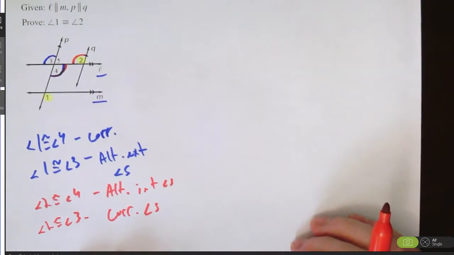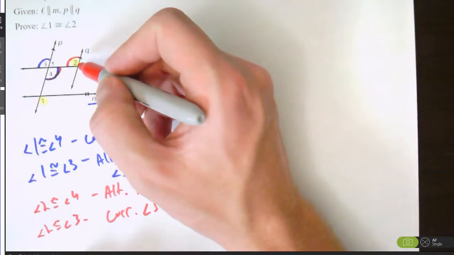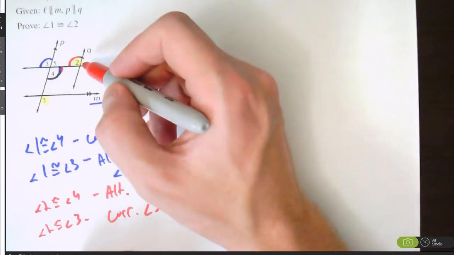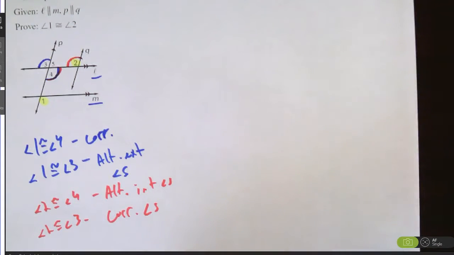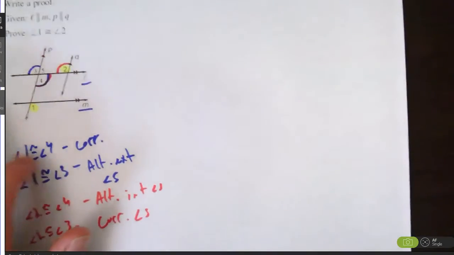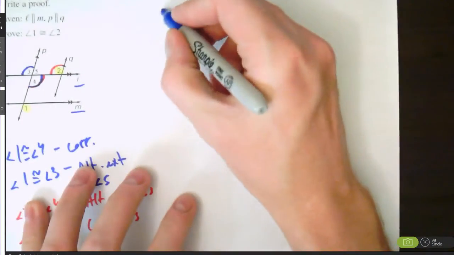So basically what I have to do is just make a decision. Do I want angle 1 to go through angle 3 to get to 2? Or do I want angle 1 to go through angle 4 to get to 2? So we just make a decision. Doesn't matter which one, they're both going to be fine. So let's say for the first one, I'll do angle 4, and then we'll do angle 3. I'll do this one in blue when I do angle 4. I'll do this one in red when I do angle 3. So statements,